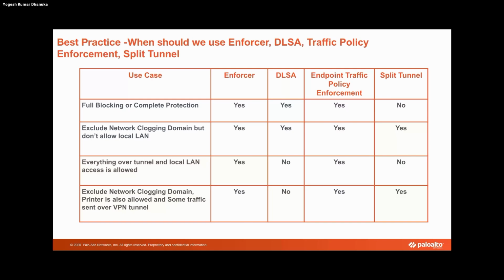And then you have specific domains which need to be accessed through VPN, and the rest, everything apart from the ones which are split tunnel, goes through the GP. So you can use a combination where some are turned on, some are not turned on,